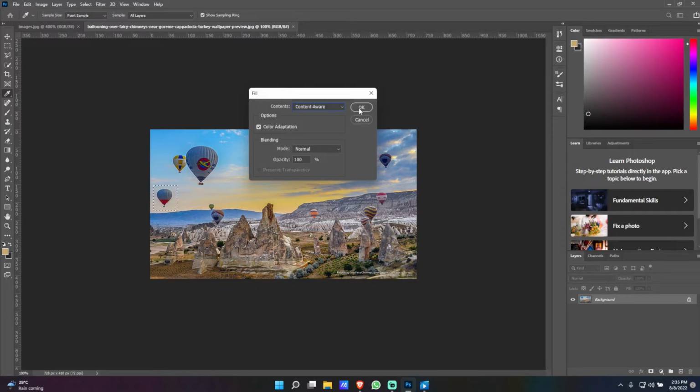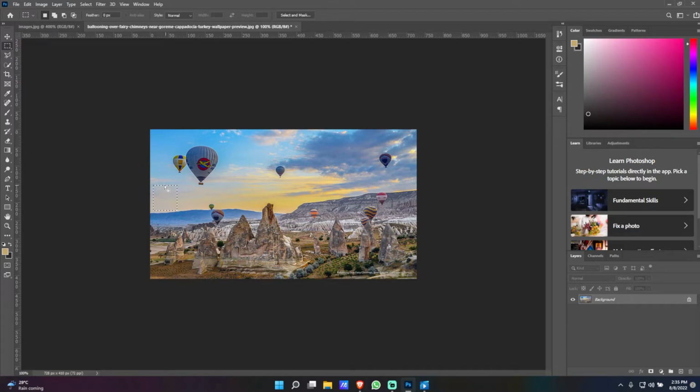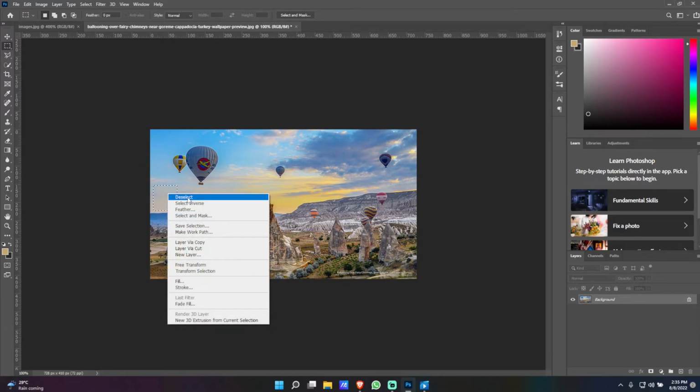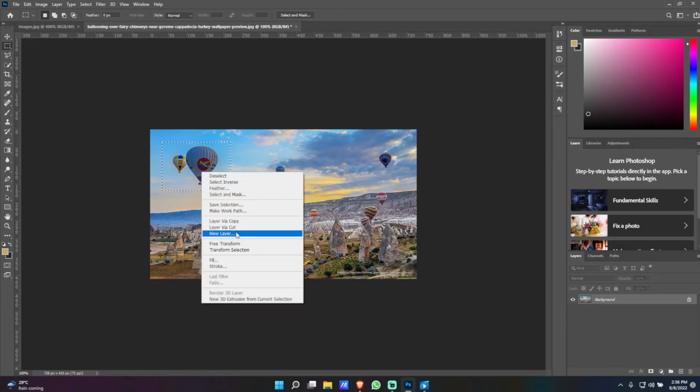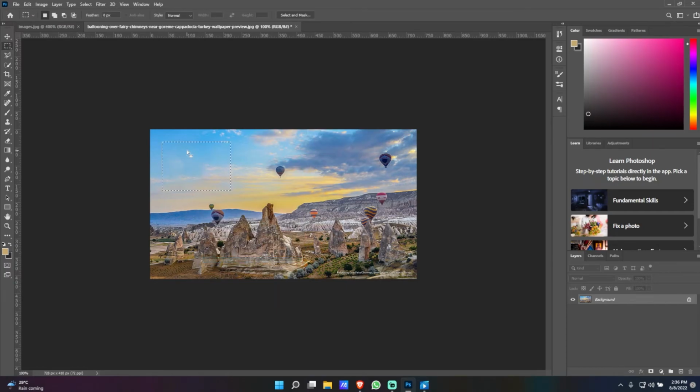So when I press OK, as you can see, the balloon has disappeared, and I can simply right click on the selection area and click deselect, and as you can see, it looks like there was no balloon ever. And you can do that repeatedly. As you can see, I will go ahead and get rid of these balloons as well,